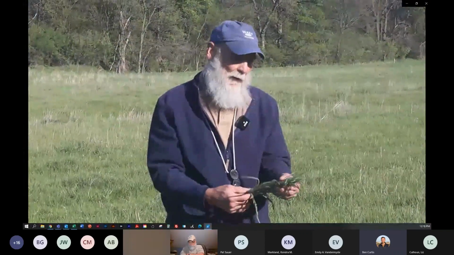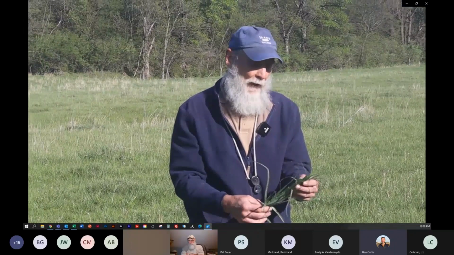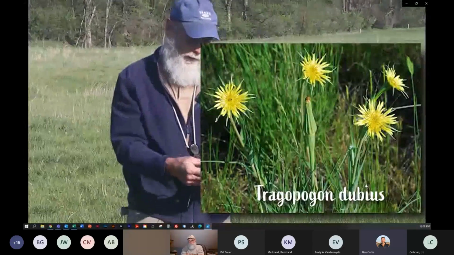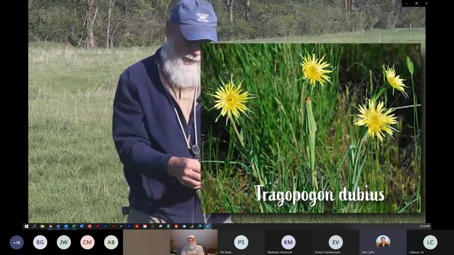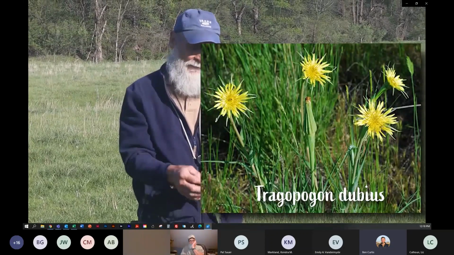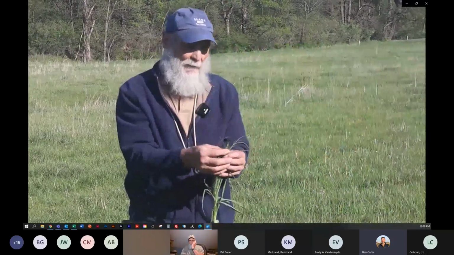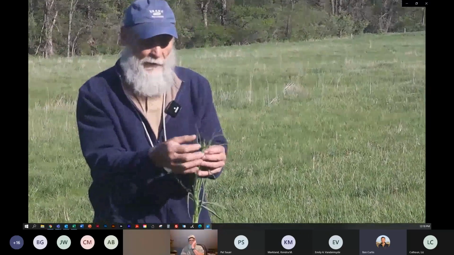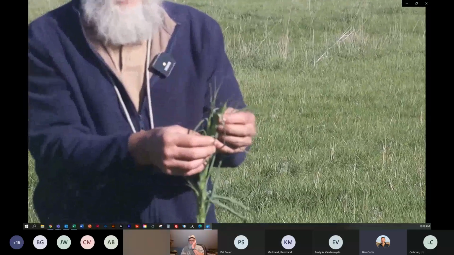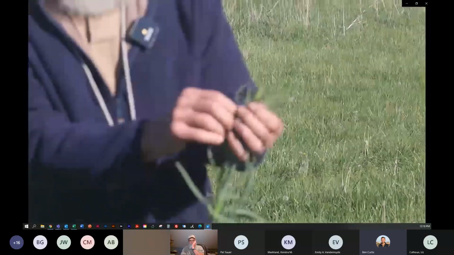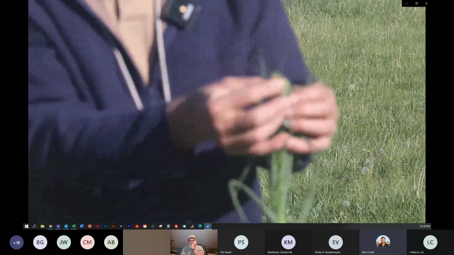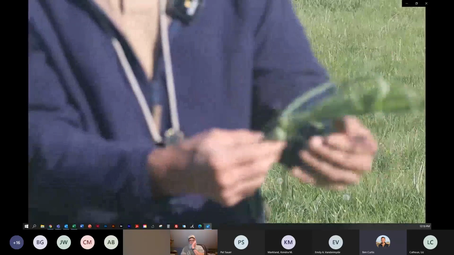I found an individual of goat's beard. This is Tragopogon dubius. There's a couple of species of Tragopogon in Iowa, but this one is the most common one, and we see it the most often. This one often looks a little bit like a dandelion when it's in flower and has the same kind of dandelion flowers, forming those big puff balls, but larger than what a dandelion is. We don't quite have that yet. This is the flower bud right here, so it's just beginning to form, so it's a little ways off.